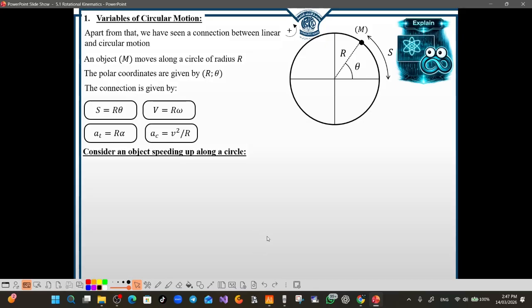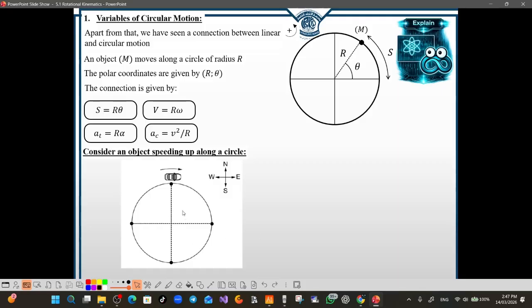Consider an object speeding up along a circle. Let's review this case. If it's speeding up, the velocity will indicate the direction of motion. The velocity is always tangent to the path. The centripetal acceleration will be inward, and the tangential acceleration is the quantity responsible for increasing or decreasing the speed. To increase the speed, we set the tangential acceleration in the direction of velocity. So it's going to be tangent to the path and have the same direction as the velocity. As a result, the acceleration vector will be represented by drawing a diagonal vector to the rectangular shape formed